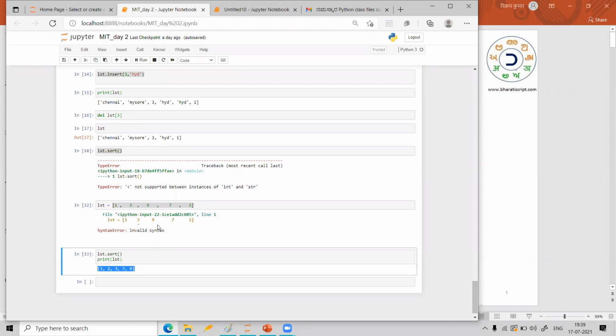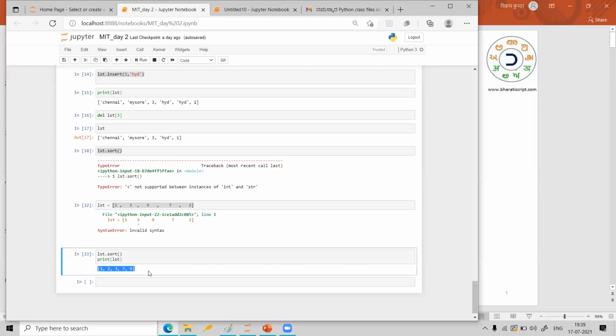So after 10 minutes the connection will be cut, because this is a Zoom meeting. After 10 minutes the connection will cut. You can join again with the same link. You just wait 2 minutes and you join again with the same link. Not now, after 10 minutes it will cut. And today we will take only up to 8 to 10, means only 1 hour daily.